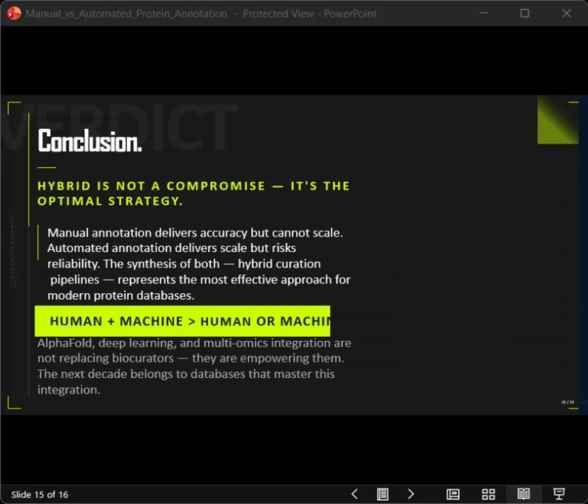In conclusion, manual annotation provides high accuracy while automated annotation provides scalability and speed. The most effective strategy is hybrid annotation, which combines AI-driven prediction with expert validation. So future technology like AlphaFold and deep learning will not replace biocurators. Instead, they will enhance human expertise and